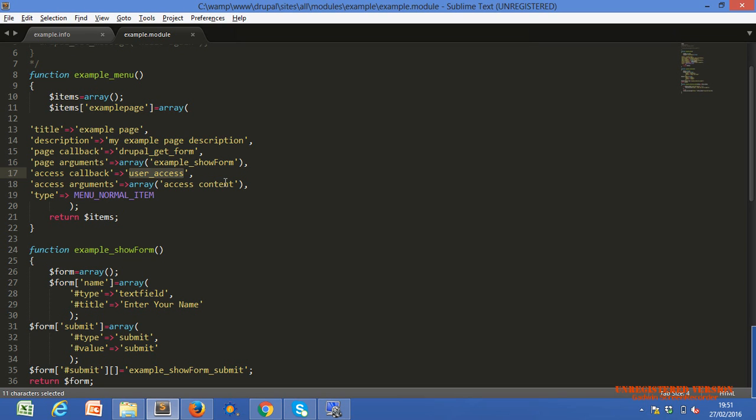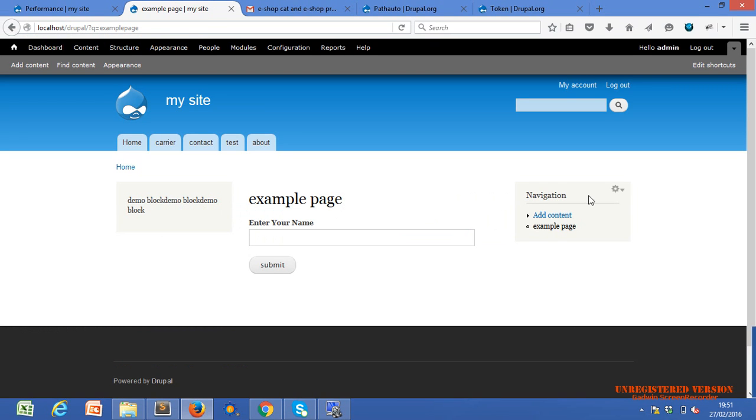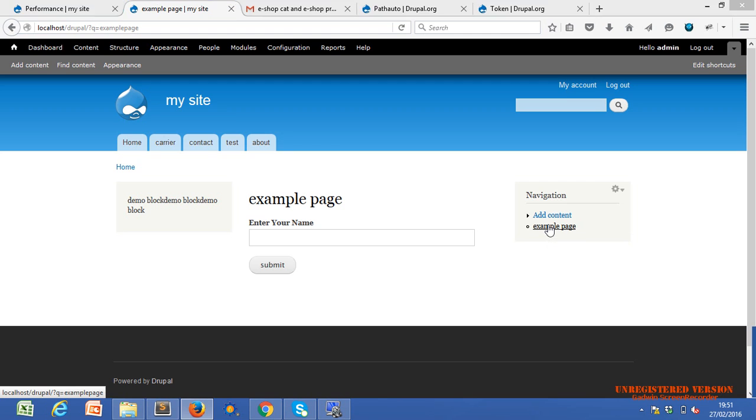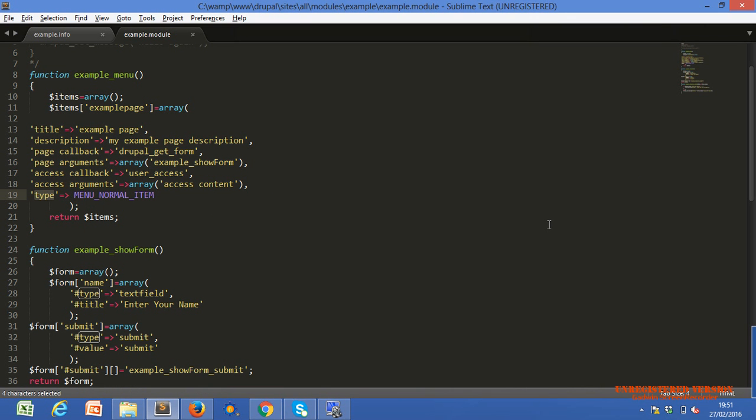Access argument, access content, is just a setting for access, nothing else. And the type, menu normal item. If we use menu normal item, it will appear in the navigation bar. And we are returning items after calling.